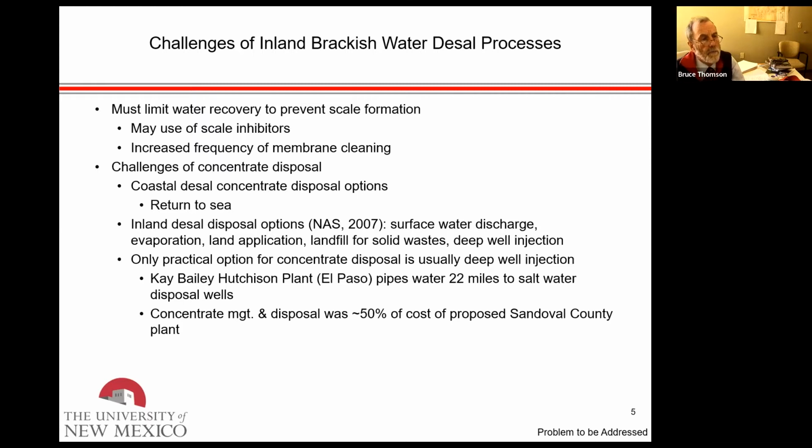So there are a number of challenges. The first of all is the challenge of scale formation. The chemistry of inland brackish waters is much different than for seawater. Seawater is 95 to 98% sodium chloride, which has very little scaling potential, whereas brackish groundwater has hardness ions, calcium, magnesium, it's got sulfate, and often has fairly high alkalinity. And so that limits your ability to recover a high fraction of the water